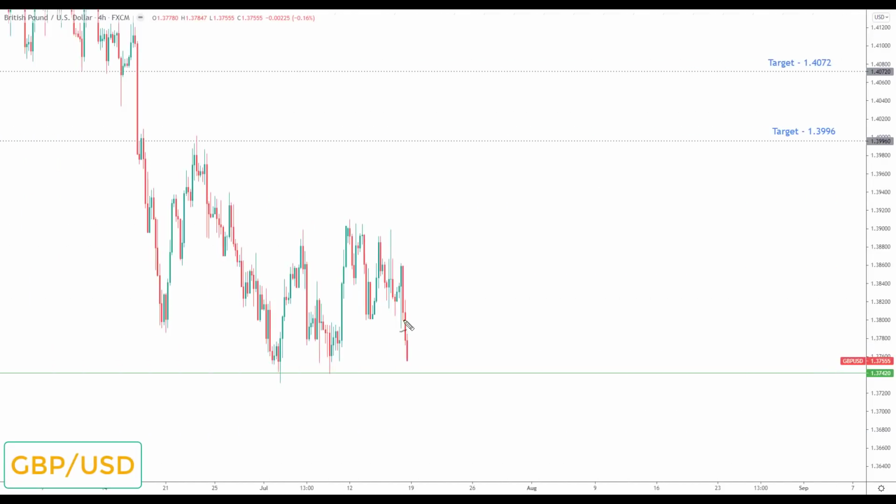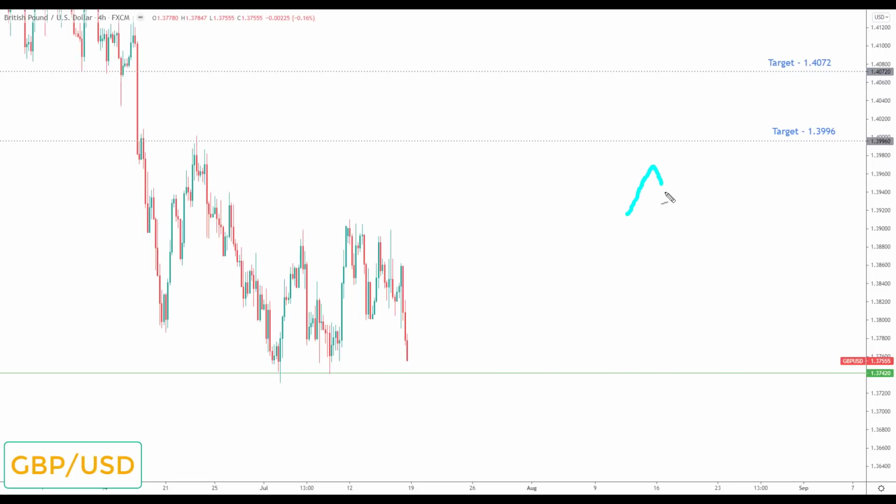So the first thing to note with pound dollar is it's very choppy. Very similar to US dollar Swiss franc, when you get the choppy markets, they're actually better avoided anyway. You want to see markets with nice momentum, which are going to continue moving higher or lower. So this is not a great market anyway going into next week. It is also structured to the upside.